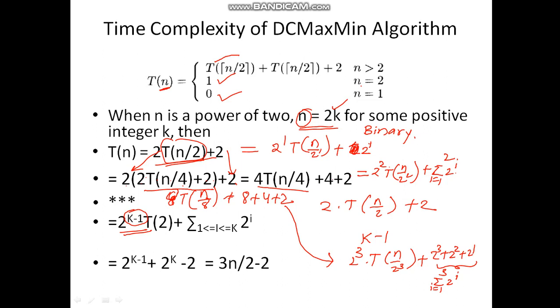If I do it for k minus 1 times, the equation I get is, as here it is 2 raised to 2, so k minus 1 times means it will be 2 raised to k minus 1 into t of 2, because t of 2 is 1. I know that t of 2 is 1 and t of 1 is 0. If I take a 0 here, 0 multiplied by anything will be 0, and it will not be possible to analyze. So for that purpose I am doing it for k minus 1 times.